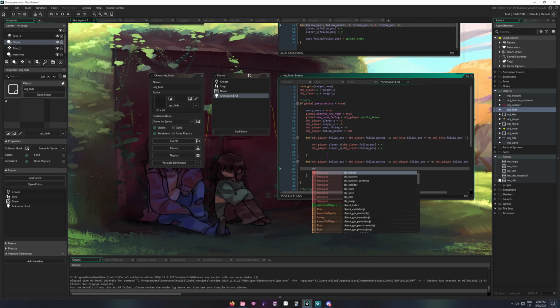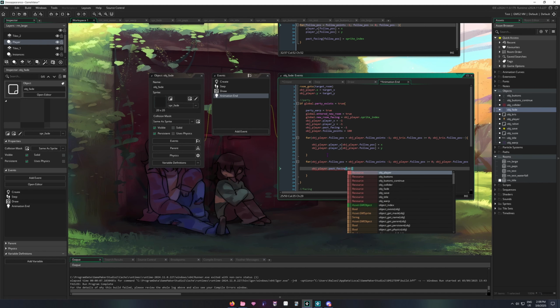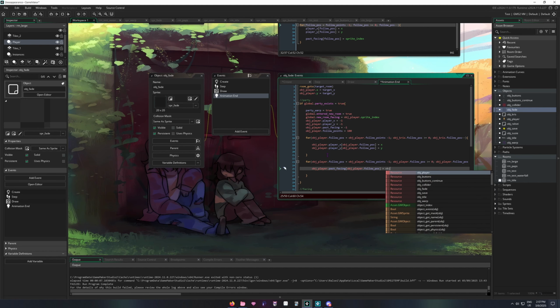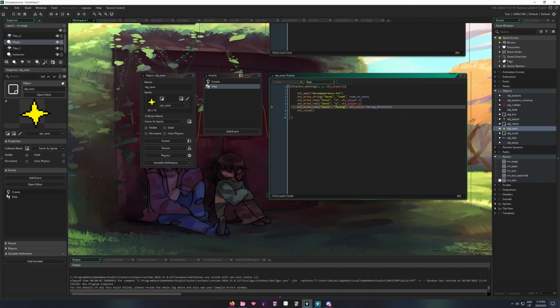Then here say obj_player.past_facing, obj_player.follow_pause = obj_player.sprite_index. Okay, so after here we want to say if global.party_exists = true, then we want to say